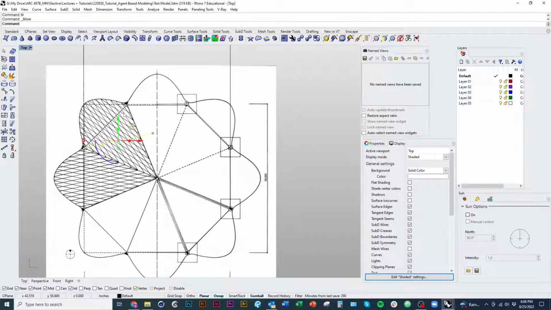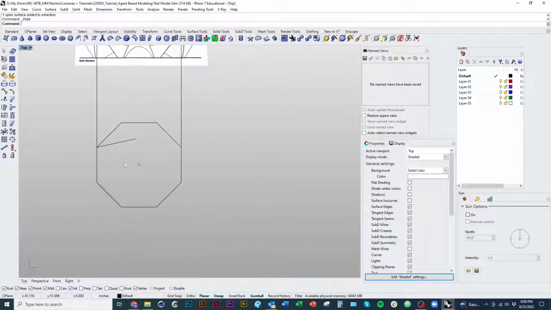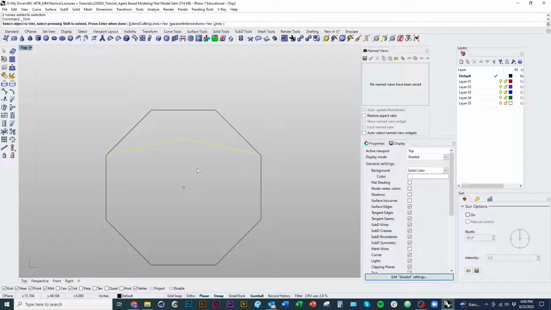And I'm snapping to the vertices. I'm just going to hide my plan now for a second. I'm right at the end point there of my octagon, and I'll scale this up around that endpoint because I want it to go past the central axis of my octagon. I'll type in mirror, make a copy of that across the center point, grab both of those and trim the loose ends, and join it. And now I have a joined polyline